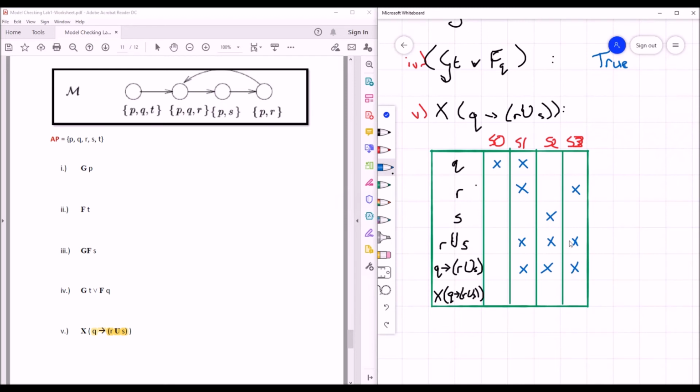So we actually get the same table as we did above. Let's go through this one more time. In state 0, Q is true, "or strong until S" does not hold, so this does not hold. State 1, Q is true, "or until S" is true, so true. State 3, Q is false. Anything implied from false, you're going to get true. In state 3, Q is false, and again you're going to get true. So now we go down to our final